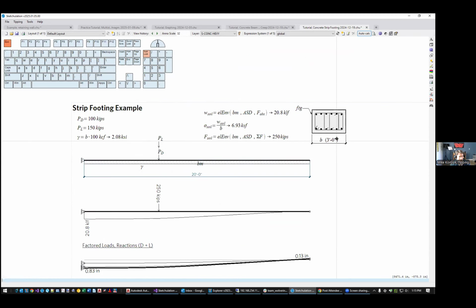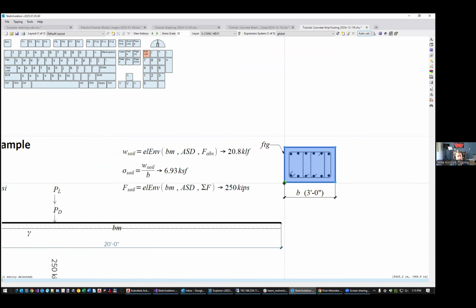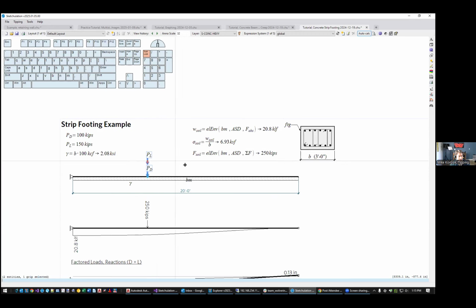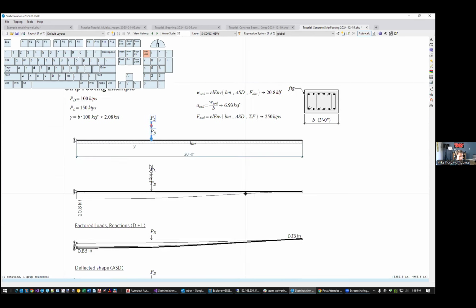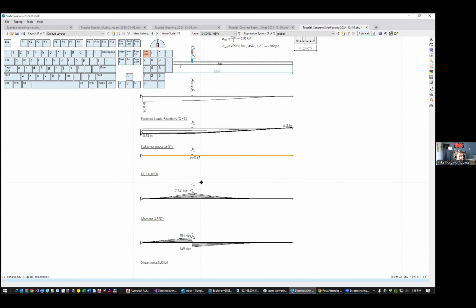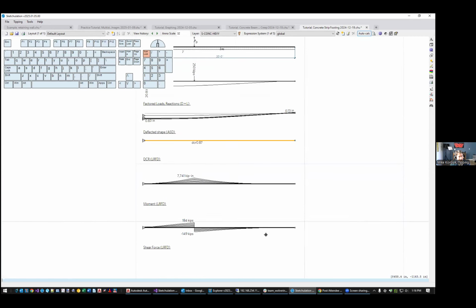And then we have a cross section here. This is our concrete cross section, and we had some loads. And then we ran the analysis, and we can see what the deflected shape is, and the moment diagrams, and the shear force diagram, and our DCR,